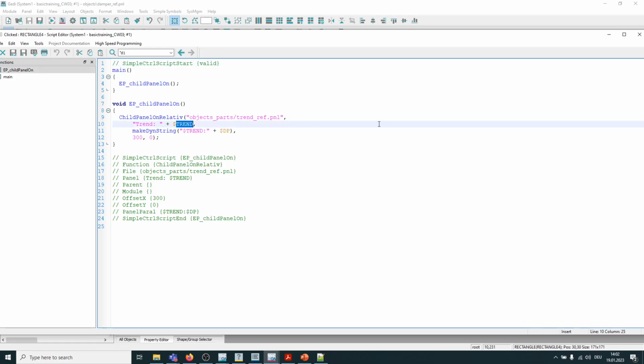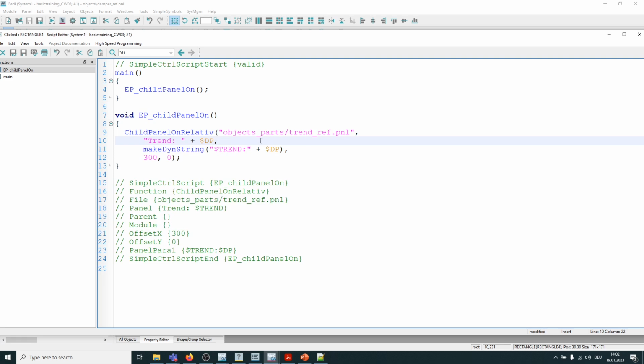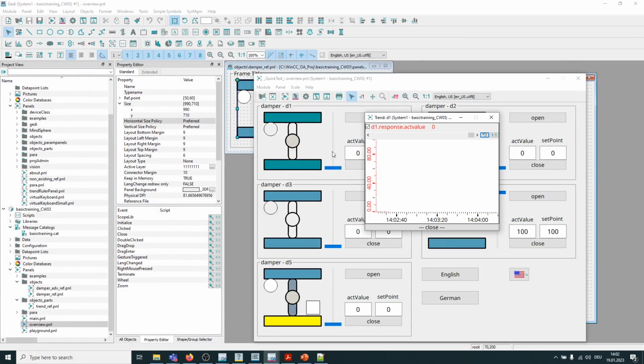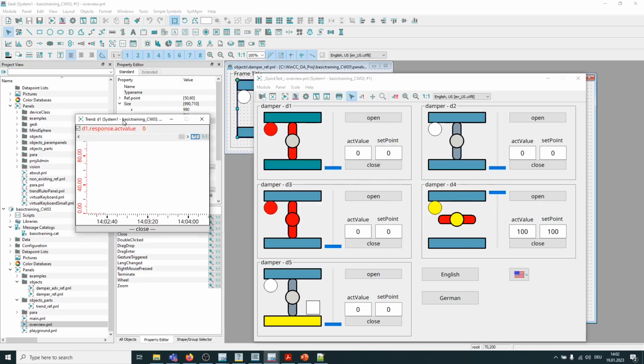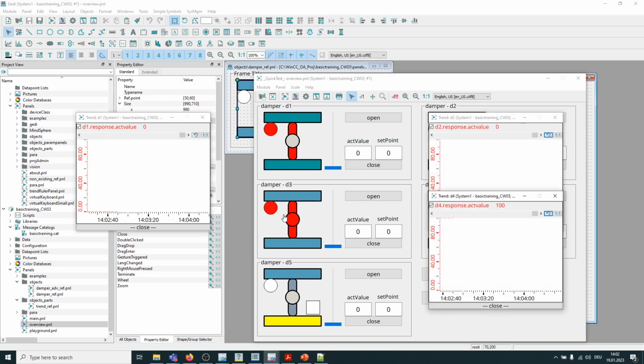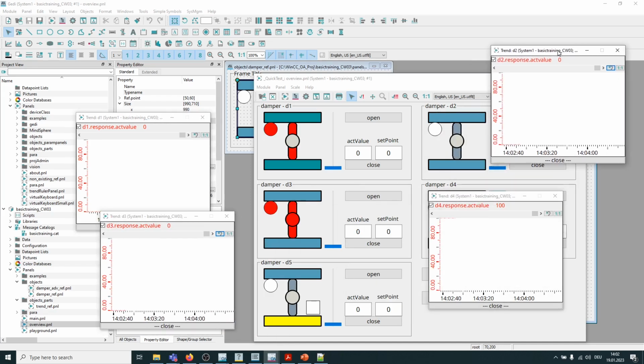We have to exchange here $DP instead of $trend. So we have to take the original dollar parameter, and after that, if I now make a quick test, you can see we also have the trend column D1. And if we have the dynamic part, or a dollar parameter, then we can also open the trend in parallel for all the dampers,